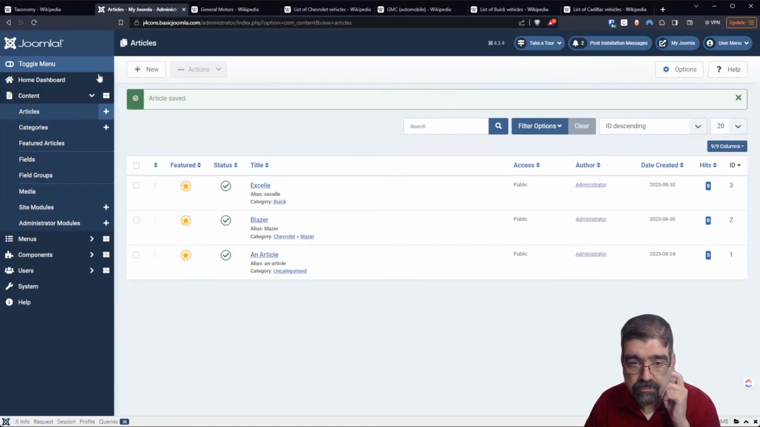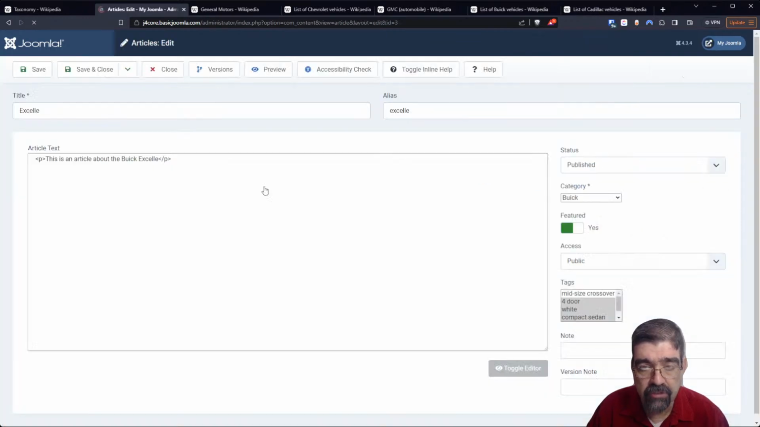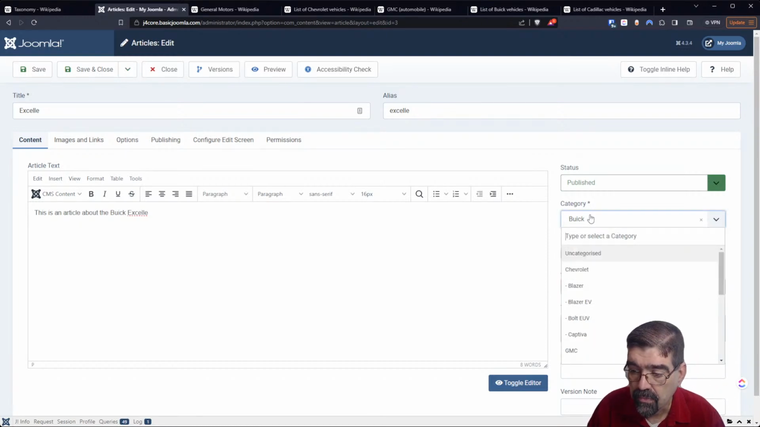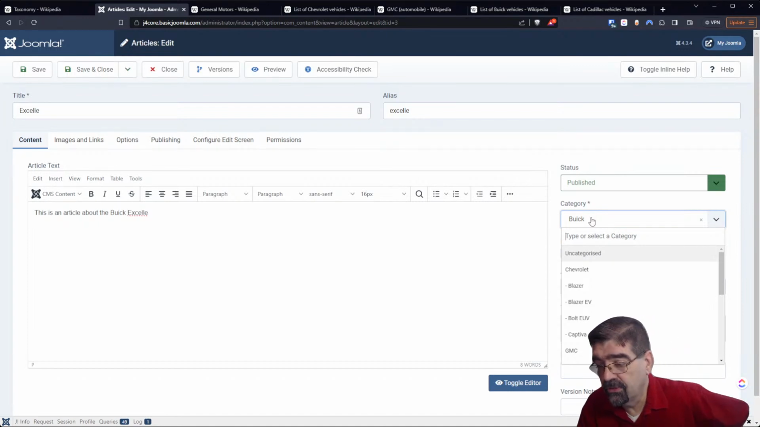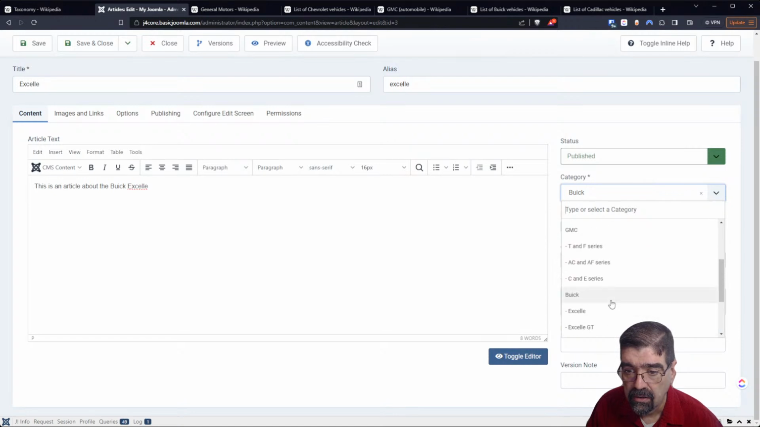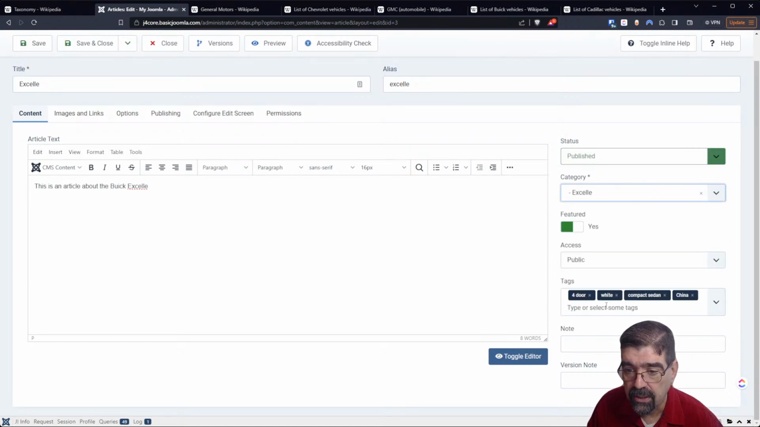The Excel, because again, I want to have lots of articles about the specific cars. Excel should be, Bjorn says, was just about to say that. Yes, I beat you on that one, Bjorn. The Excel, that's the Buick, no, that's the Buick, Chevrolet, GMC, Cadillac. Oh, there you go, Buick Excel. Now,